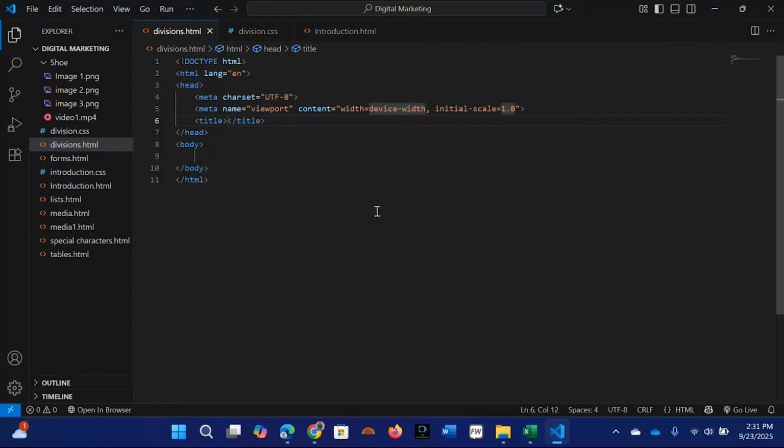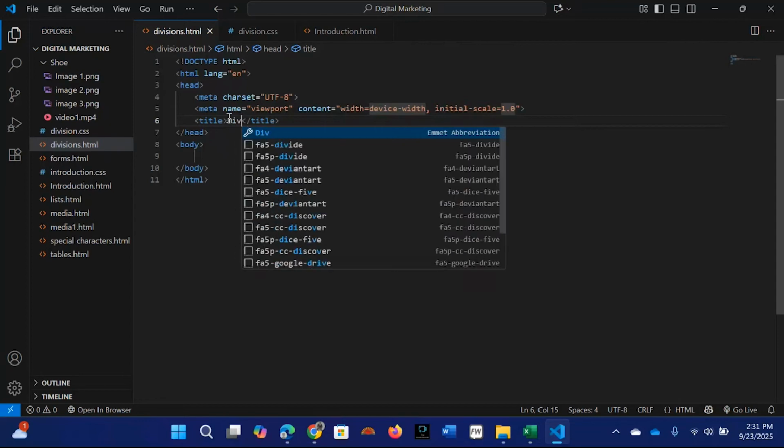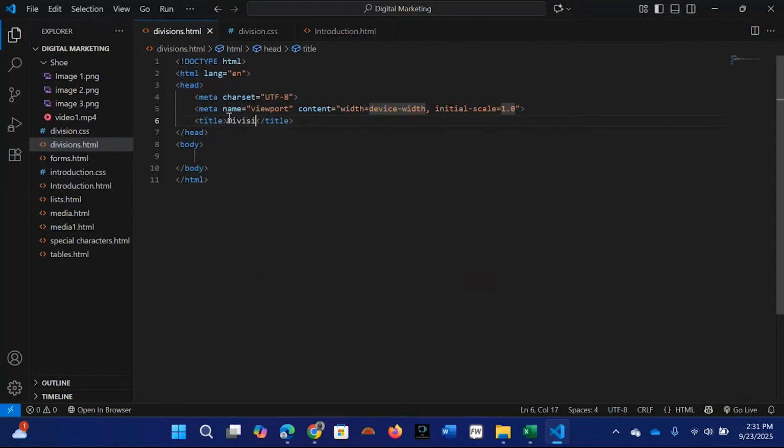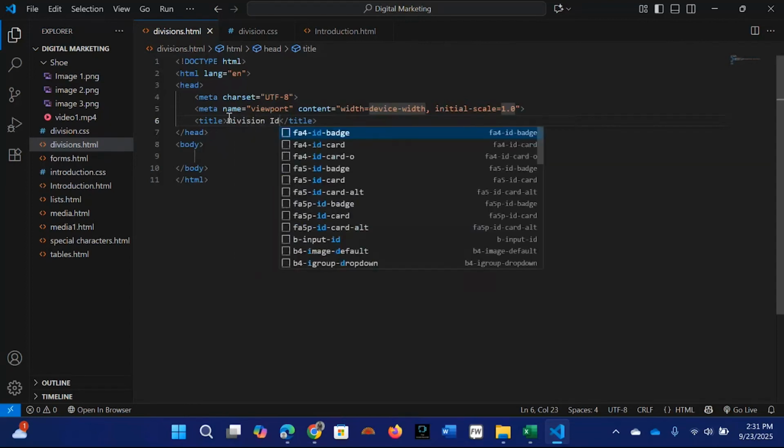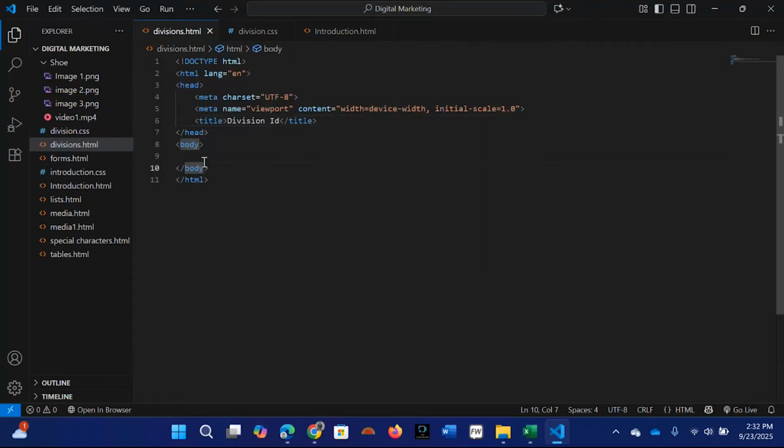Once we have that, let's change inside here. Let us now change the title to division ID. So that is it. And then, once you have the title as division ID, we're going to go inside the body. So inside this body, we are going to give it